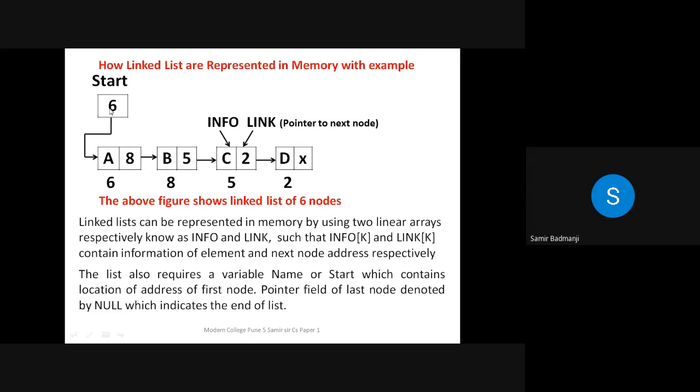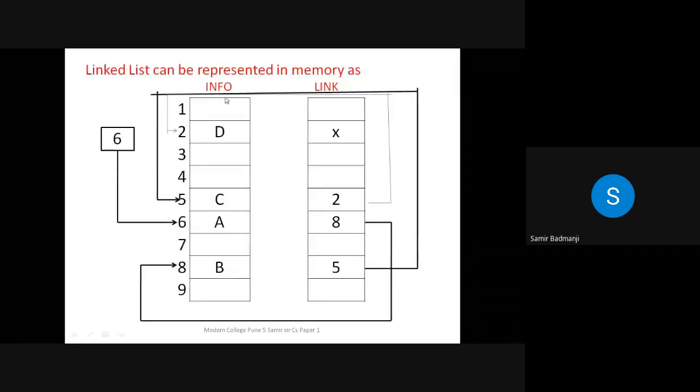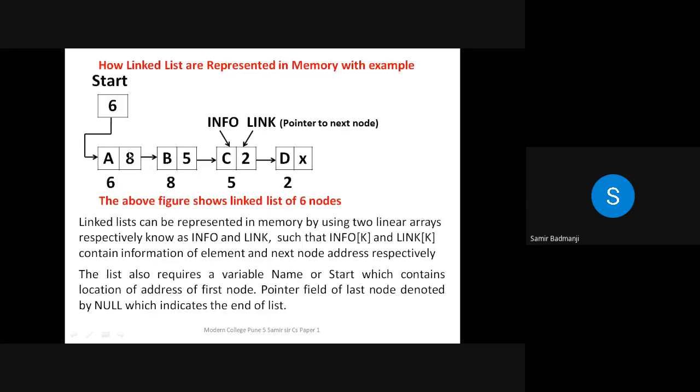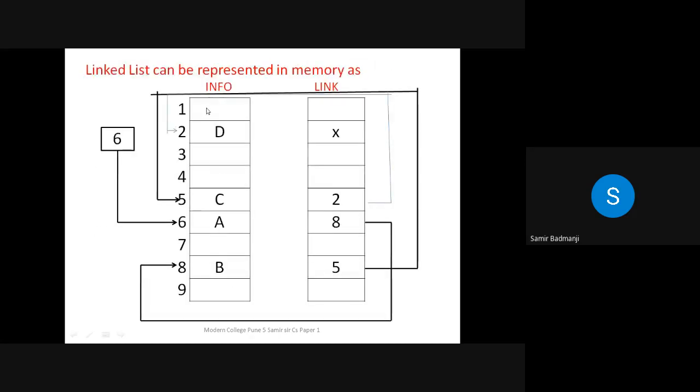Now see, 6 is the starting element. It is going to the A. Okay. Now see what you have to do. Just write down 2 blocks of 9 elements. Okay, because here 8 elements are there, so we'll just take one extra. And what you have to do, keep these two blocks empty, write down the sequence from 1 to 9,